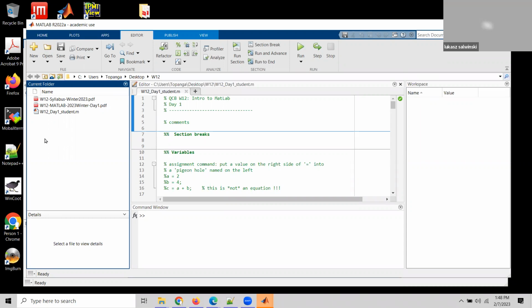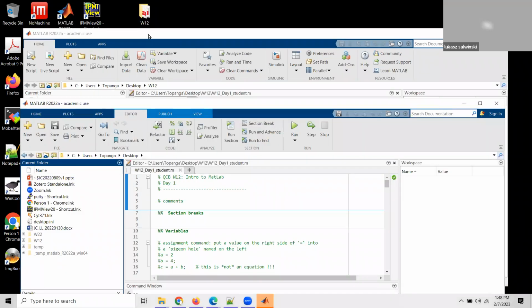And my suggestion is to set it up to some place on your PC that you know where it is. Okay, depending if it's Mac or Windows, you're gonna see different things, but in my case, I just clicked on the folder here, went and made sure that on the desktop I've got the